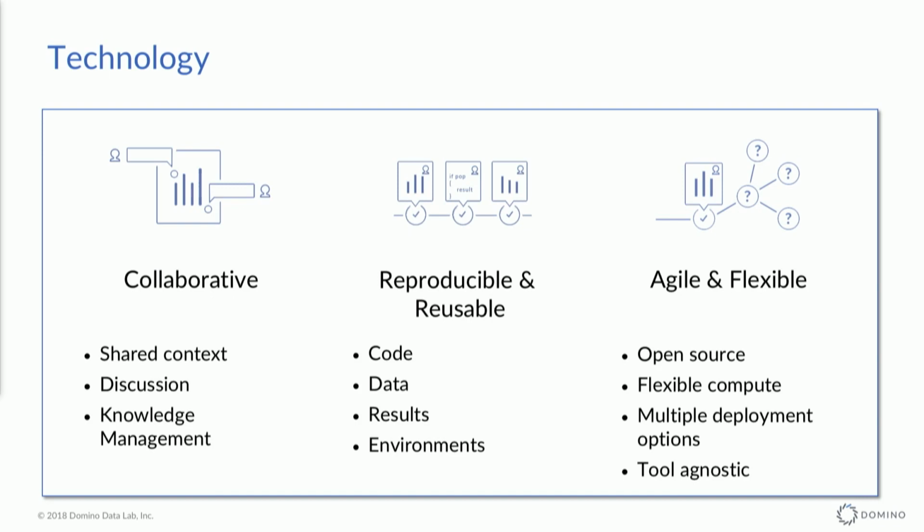And the 3 things that you should try to enable with technology are collaboration, because most people who we talk to and studies that we've seen and conducted ourselves suggest that collaboration is one of the most important factors for predicting data science success. Reproducibility and reusability. What Jacob talked about this morning in terms of auditability is critical. Not all of you are necessarily in a regulated industry, but that doesn't mean that you should not think about transparency and auditability. That art slide really resonated with a lot of us.